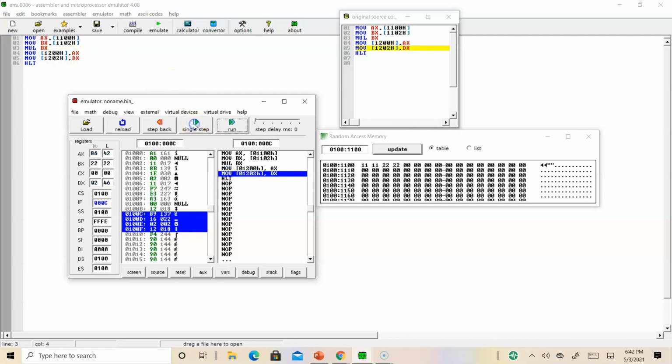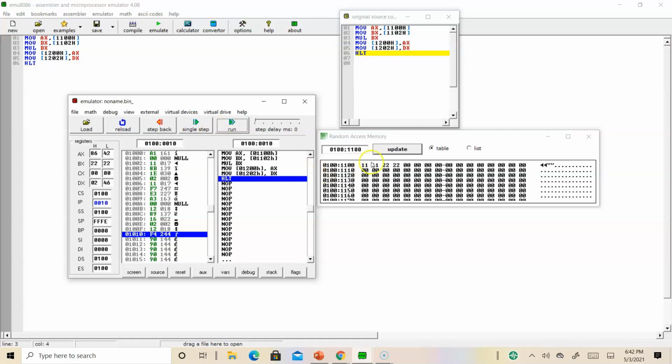So give again single step, AX value has been moved to 1200, and again single step, the next value also moved to 1202. If you want to see that, you have to update your memory address location here, and you can see that. So give 1200, press enter. See that I have 8642.